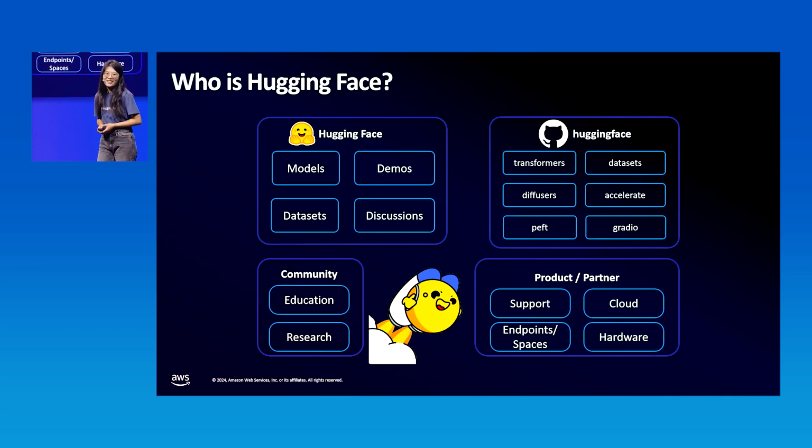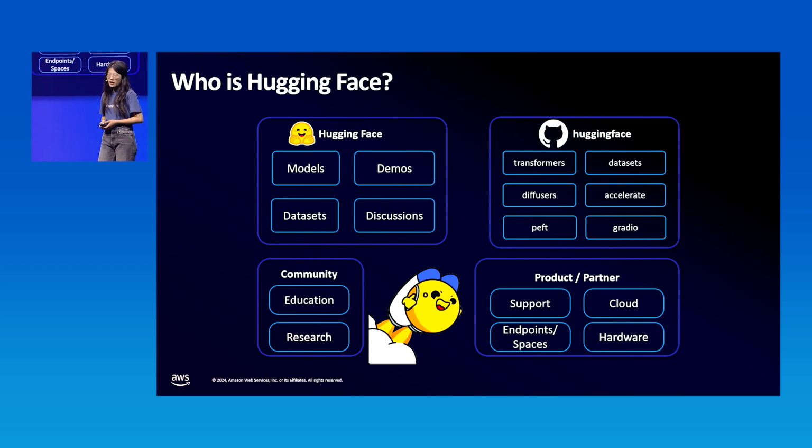So, who is Hugging Face? Hugging Face is an open source community and platform provider of machine learning technologies. We always say that we are on a journey to democratize artificial intelligence through open source and open collaboration. And to achieve this goal, we have the Hugging Face Hub, which is the home of models, of datasets, and